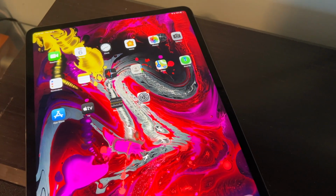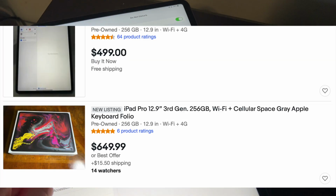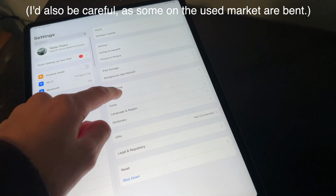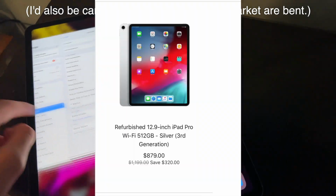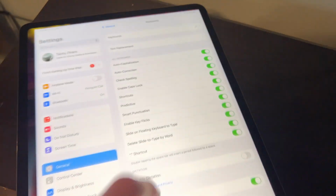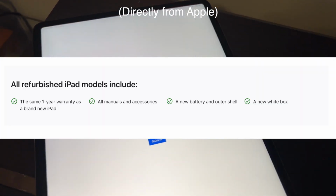My downsides to this product I've already kinda went over. They're really limited to which seller you buy from. If you buy an Apple refurbished model, you won't have any issues relating to cosmetic damage or battery wear or any of that. And I think this is a great deal if you're trying to get an iPad Pro, but